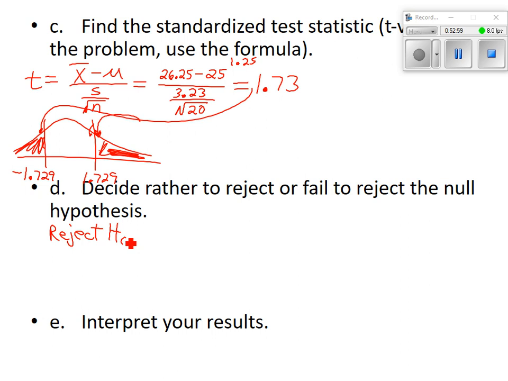Instead of me writing this out, can I just say the interpretation? You guys let me know when you're ready. Ready. With a, what was the alpha? 0.1. So with a 10% level of significance, there is, and then we gotta look it up on the chart. Which one was our claim, H0 or HA? H0. So we rejected the null, so there is enough evidence to reject the claim